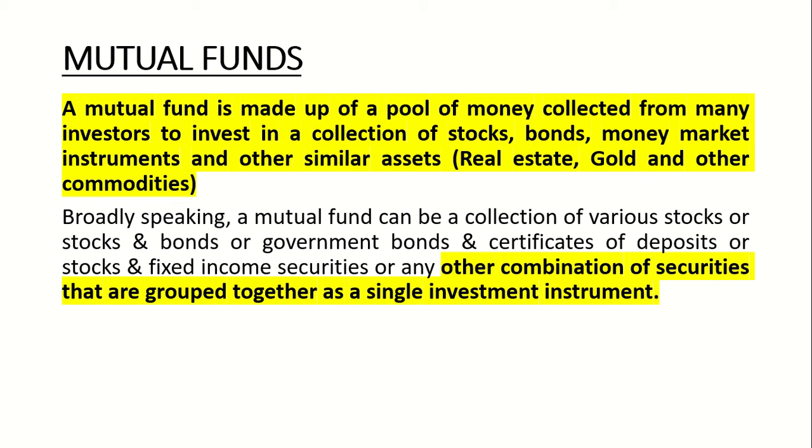For instance, say you've collected $100,000, which you then invest in a combination of stocks, bonds, and money market instruments. For instance, $30,000 you invested in stocks, $40,000 you invested in bonds, and the remaining $30,000 you have invested in other assets. So this is how you have invested, and grouped together it is called one single investment instrument, which is called a mutual fund, which means it is mutually funded by the public investors whose money is then utilized to buy all those